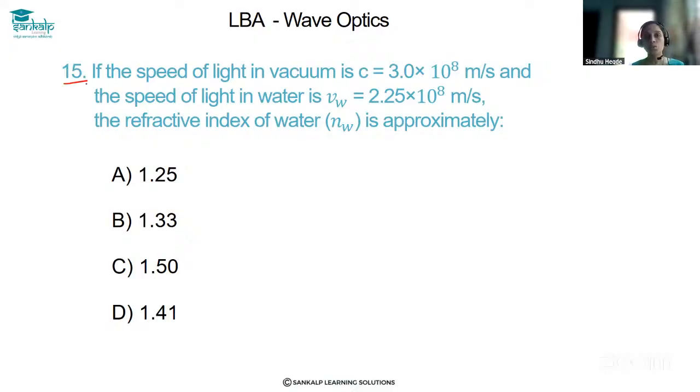Let us see question number 15. If the speed of light in vacuum is c equal to 3.0 into 10 raised to 8 meter per second and speed of light in water is Vw equal to 2.25 into 10 raised to 8 meter per second, the refractive index of water is approximately what? We have to calculate the refractive index of water, that is eta w is equal to